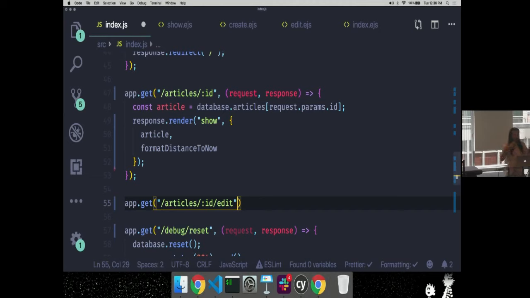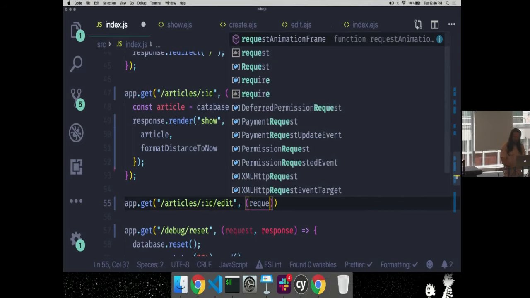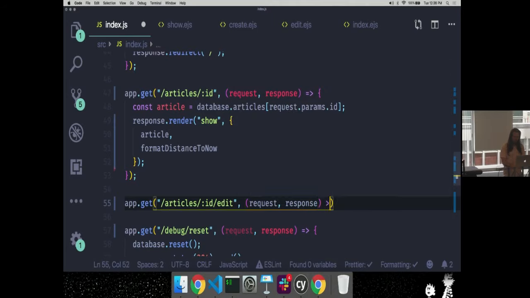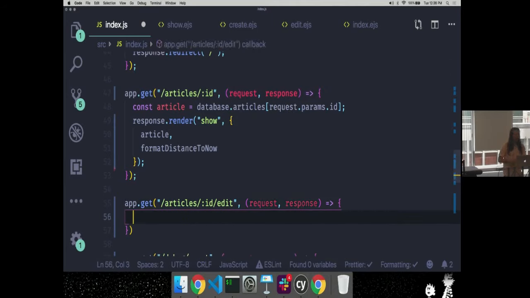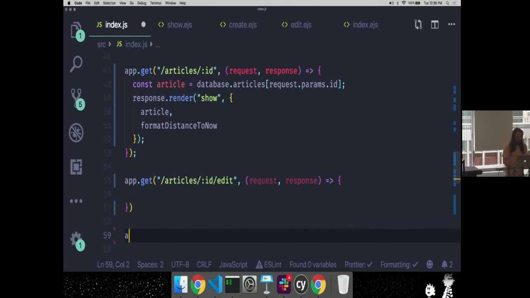This is going to be the edit page for an article, and that article does need an ID because we're going to be editing something specific here, and that's how we're going to grab the article data that we can pass to the EJS template. Request, response.